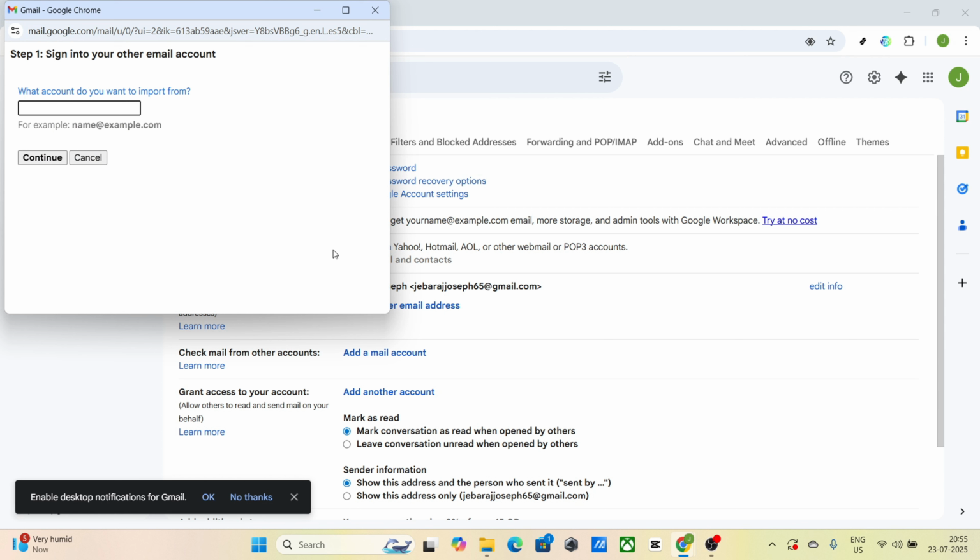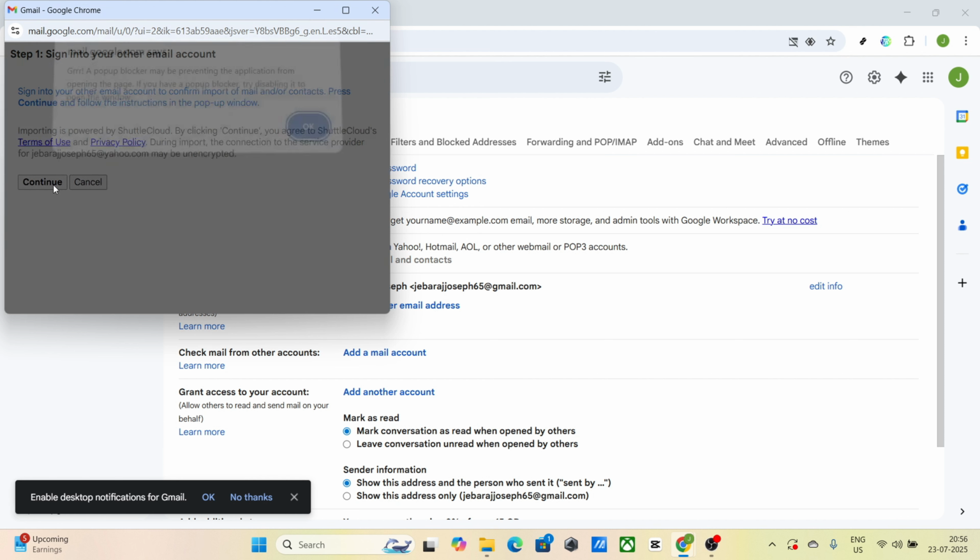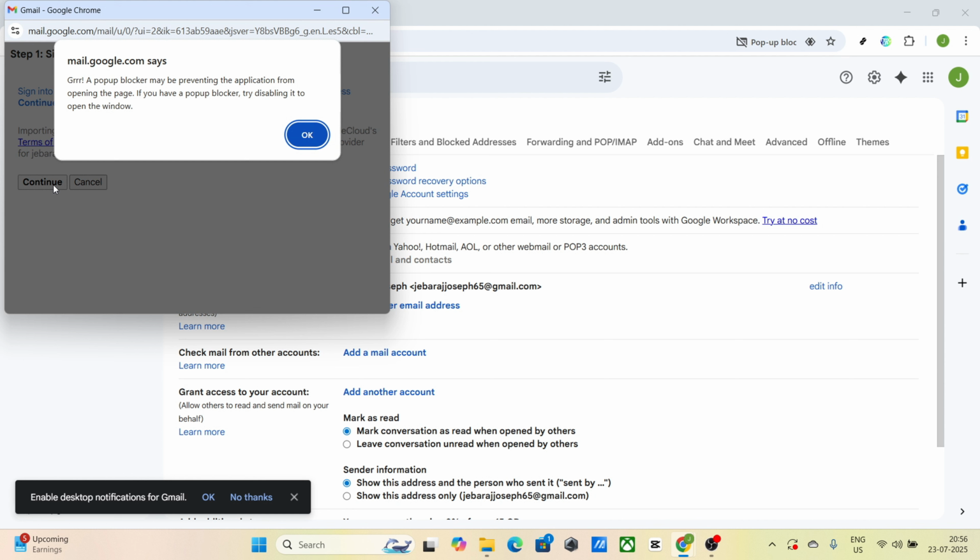A new window will then open up, asking you to enter your Yahoo email address. Type it in carefully and then hit Continue. It's important to ensure your Yahoo email address is entered correctly in order to avoid any hitches later in the process. Following that, you'll be prompted to sign into your Yahoo account. This step serves to authorize the connection between Yahoo and Gmail, thereby allowing Gmail to gather the emails you've chosen